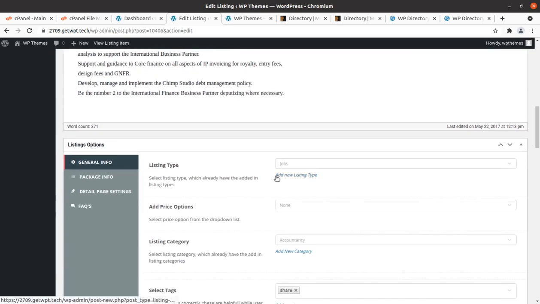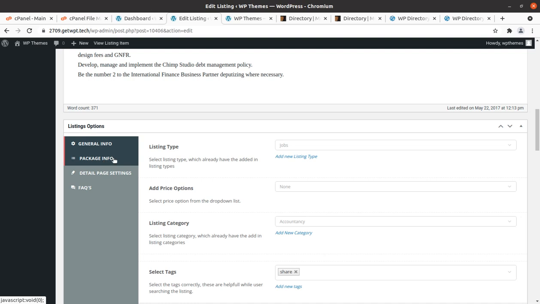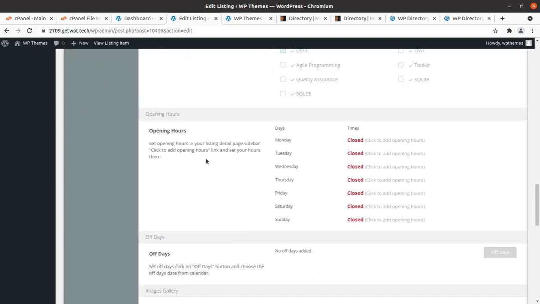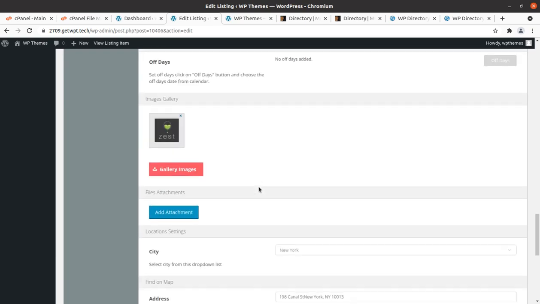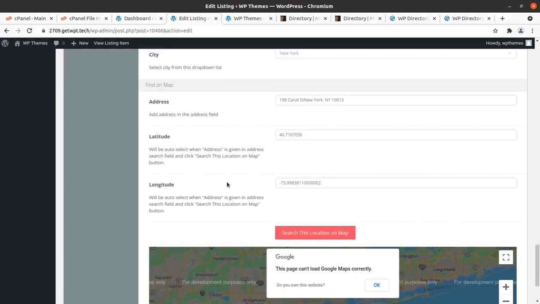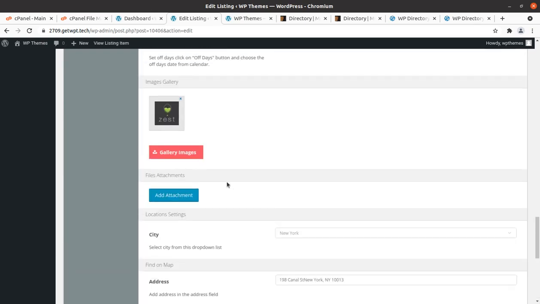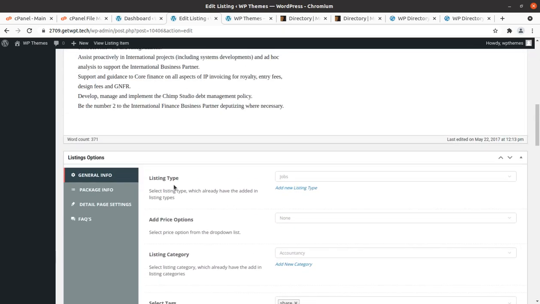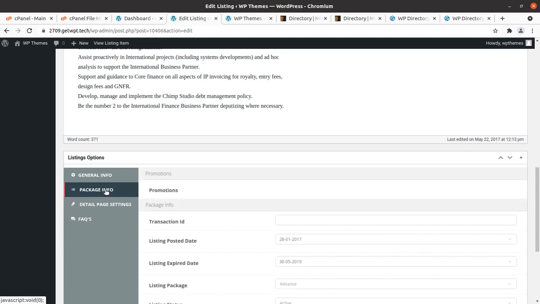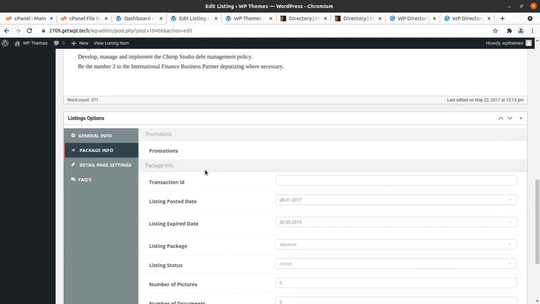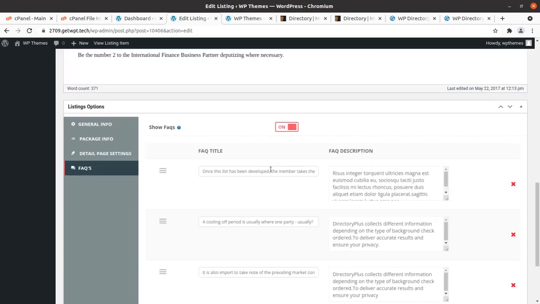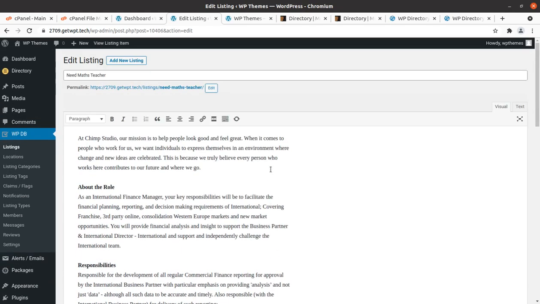There are many options like general info, and these have multiple fields, and opening hours of days, city, address, latitude, longitude, and all such things. That is common but important for a directory listing website. Accordingly, the package info is here, details, page settings, and FAQs. So these are the fields available in the listing.